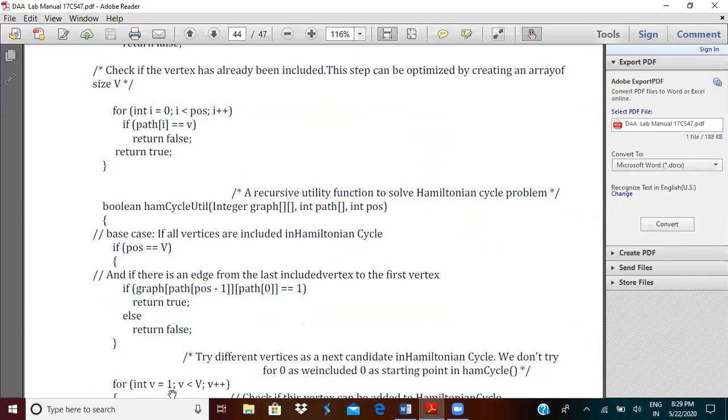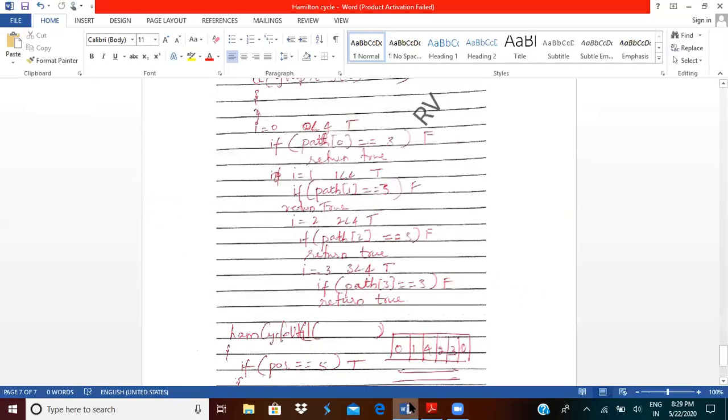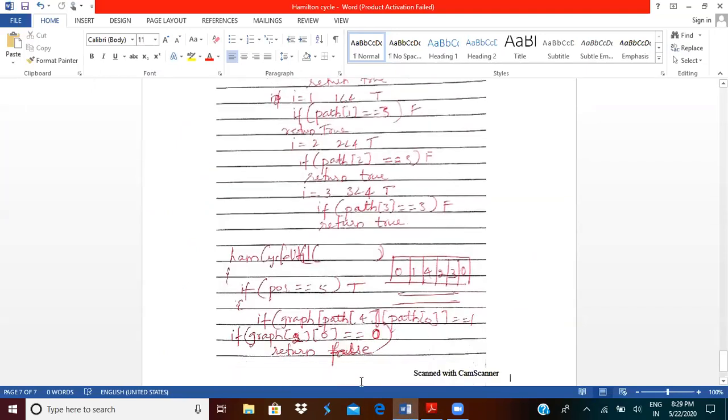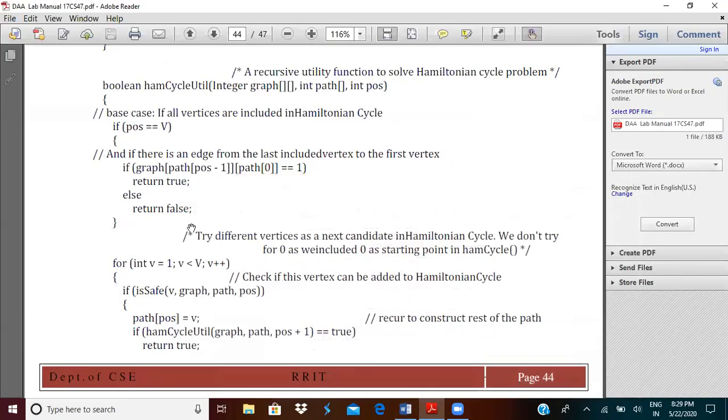So the control would come to this statement. It is going to check if position is equal to 5. Yes, 5 is equal to 5. The condition is true. When the condition is true, what happens? Position is equal to 5. I have already incremented the previous value of position in the previous iteration. So 5 is equal to 5 is true. So these statements would get executed.